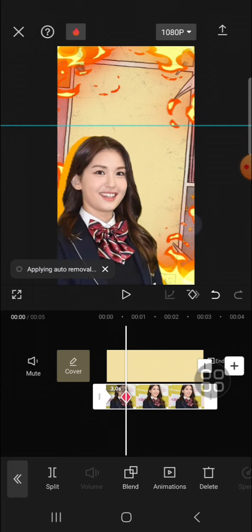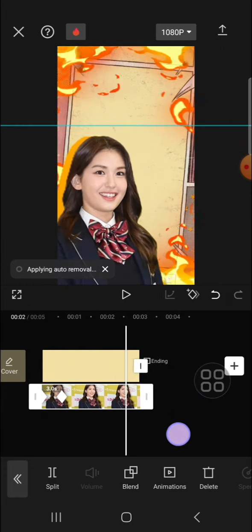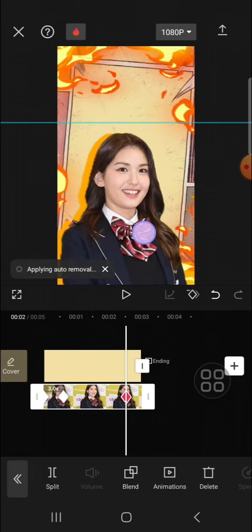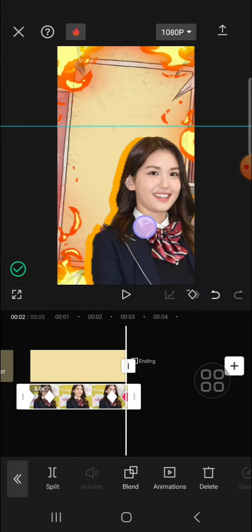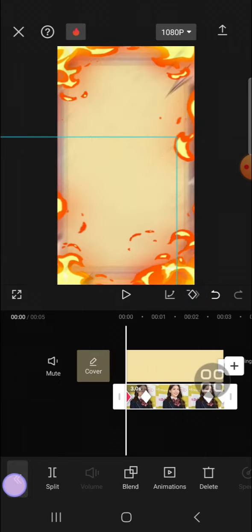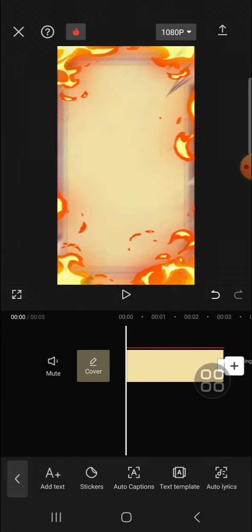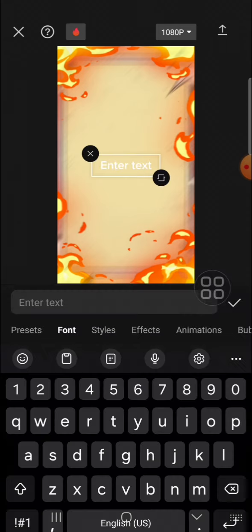Okay, we're going to add a keyframe again and make a movement. Okay, and for the last keyframe, we're gonna make this photo disappear. And I'm going to add text to my video. I'm going to add my name,